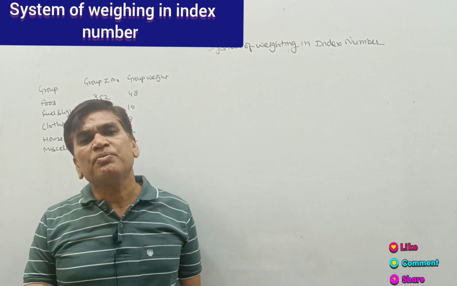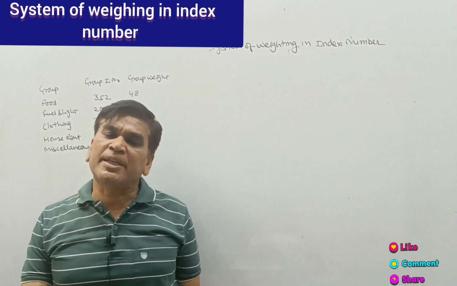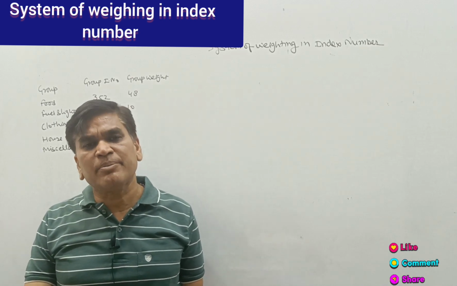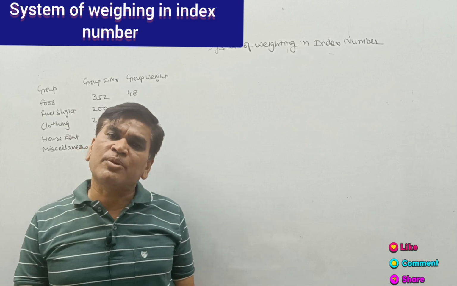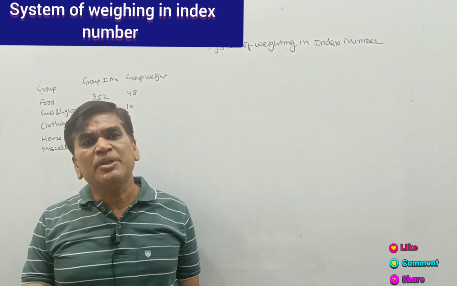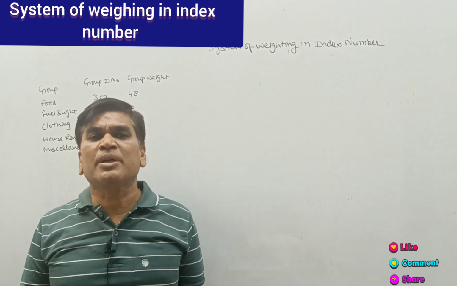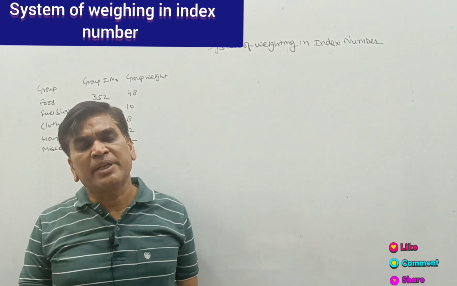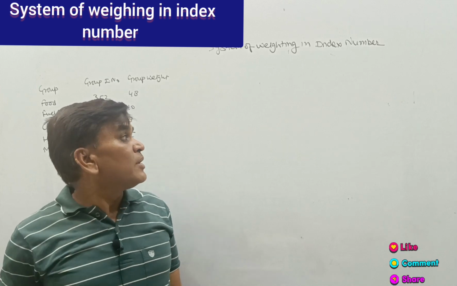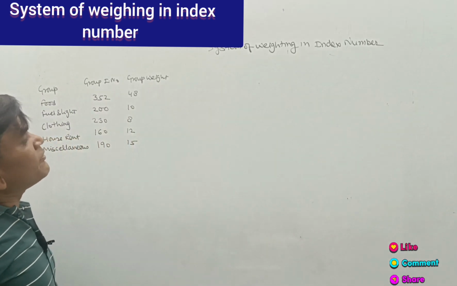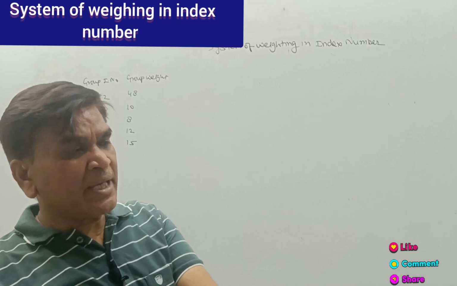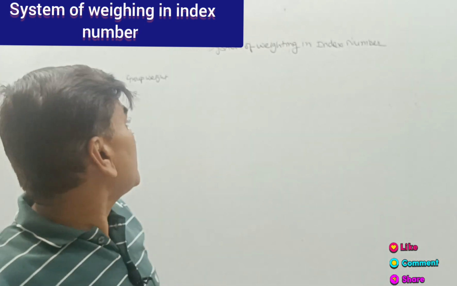We have two formulas for that. We can calculate a weighted index number with the help of the arithmetic mean, and we can also use the weighted geometric mean. So in today's video we will learn how to calculate the weighted arithmetic mean and the weighted geometric mean. First, we have a question for constructing the